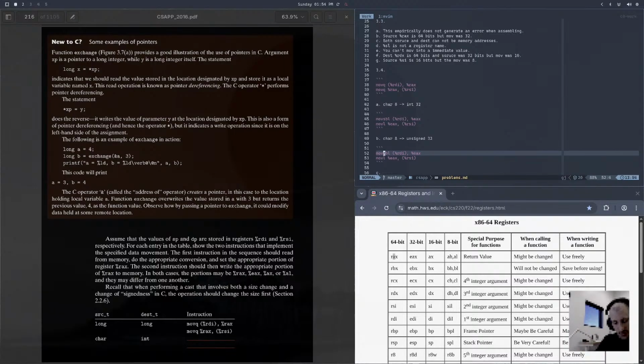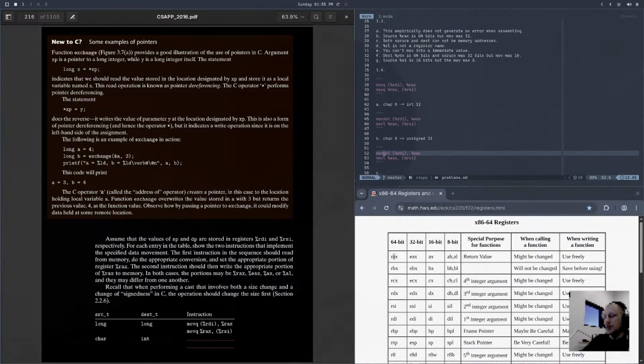So B is going to be, no, it's still signed. Well, I think that's wrong. Oh, is it? Well,